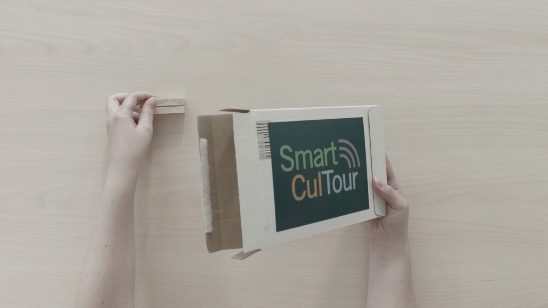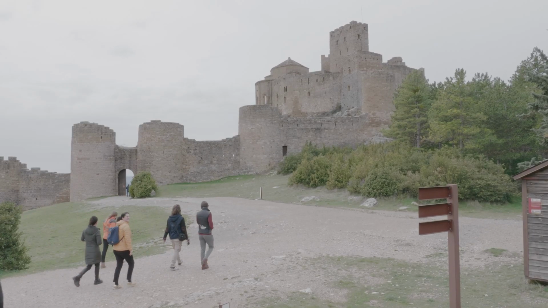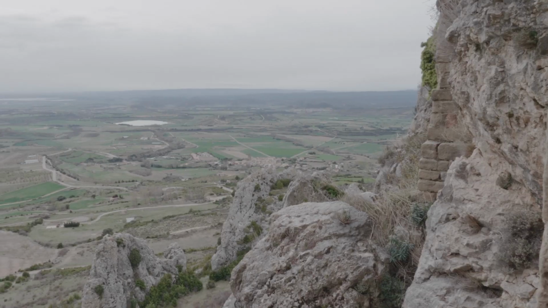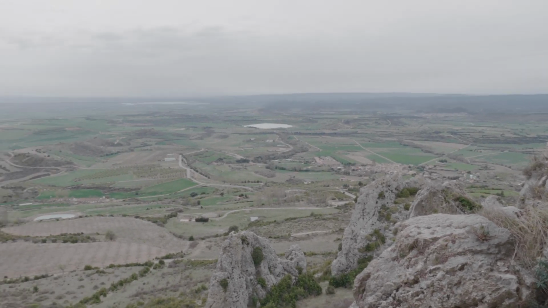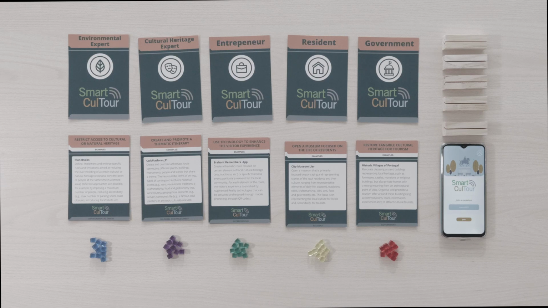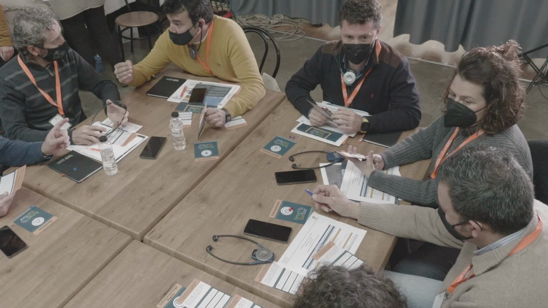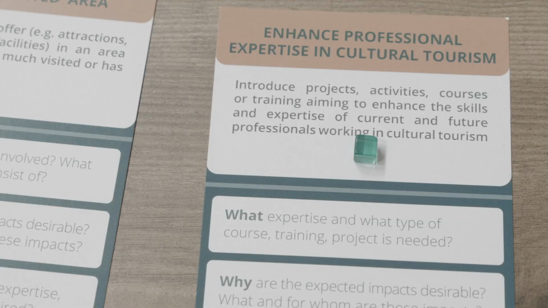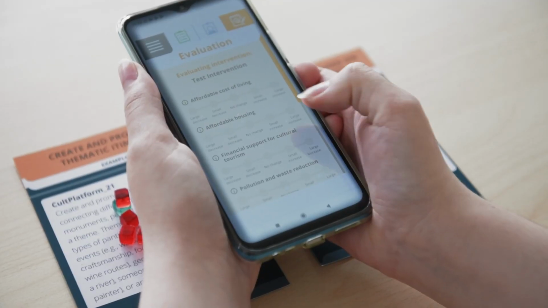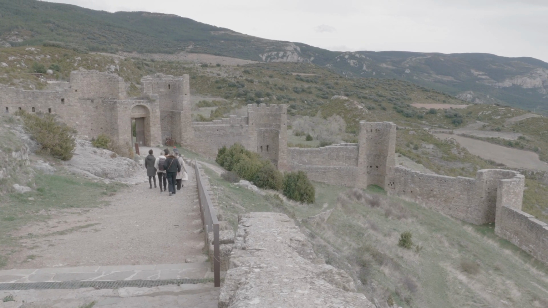The SmartCultour game is a tool developed by the European SmartCultour project to facilitate decision-making in the cultural tourism sector across the project's 6 living labs. By adopting the serious game approach and involving key stakeholders in the sector, the players will propose, negotiate and adapt tourism interventions. Finally, they will assess the potential impact of the interventions to make cultural tourism in their area more